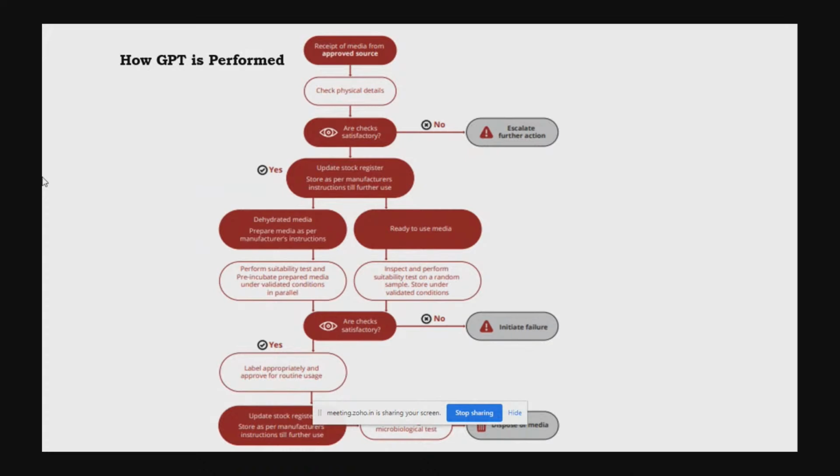There are some specific criteria for quantification. The result should be within a factor of 2. That means, for example, if you are challenging with 20 CFU, the result we get should be within 10 and 30 only. In that way, we perform the growth promotion test and approve the media for further product analysis purposes.